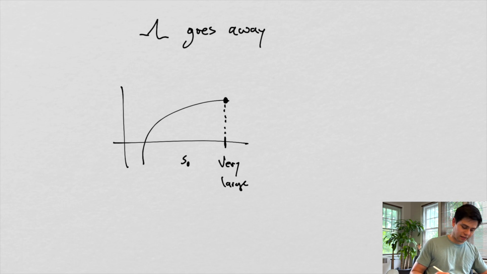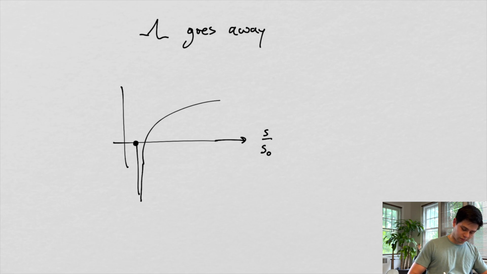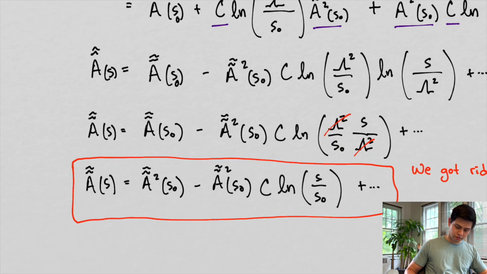So our value looks something, or that's actually not our value, right? Because the argument is very small. So if S naught is really big, what we're actually graphing here is S over S naught. So if S naught is really large, then we're actually somewhere in this range. So we're going to get a value somewhere down here. So this is going to be negative, a very, very small value. And if that's very small, then if we go back to our equation, this term here gets really small, and we can essentially approximate with our initial condition,